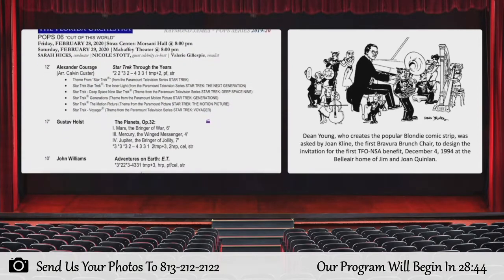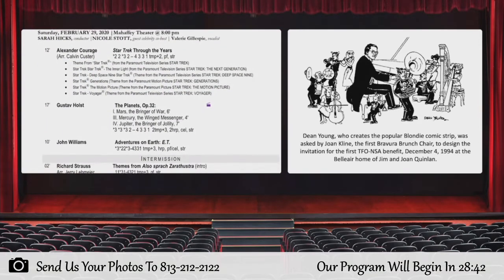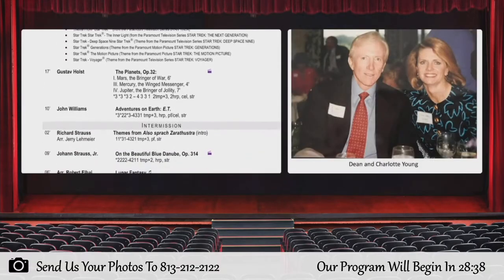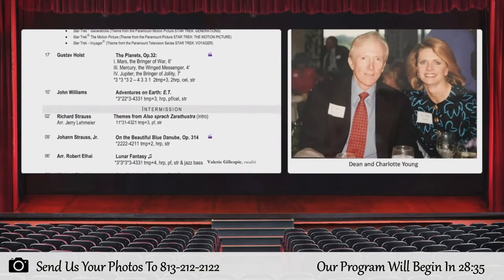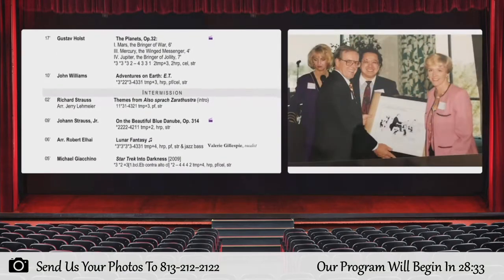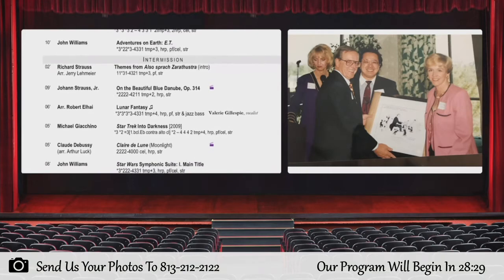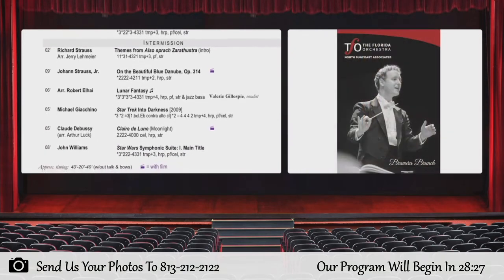For each concert TFO does, we have a program sheet that looks like this. It lists the program title, repertoire, dates of performance, and who's conducting. First, I need to know which pieces require percussion and what instruments are needed. Sometimes I need to look at the actual parts to figure this out, but most of the time I can